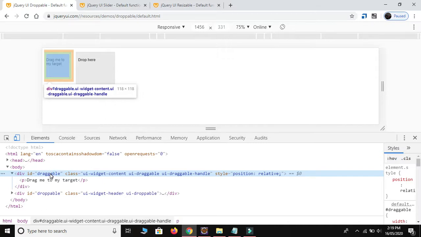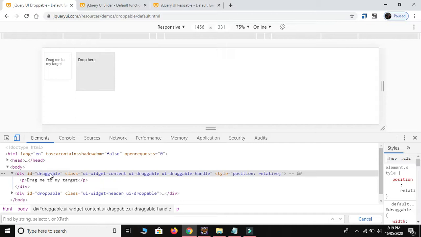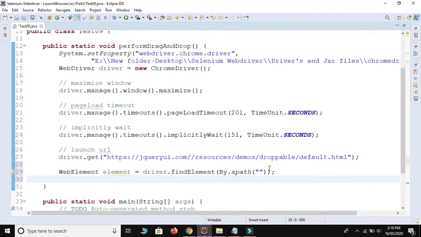Let's press Ctrl F. Our tag name is div, we use one attribute, @id is equal to draggable. Okay, I am able to find a unique element, so just copy and paste over here.